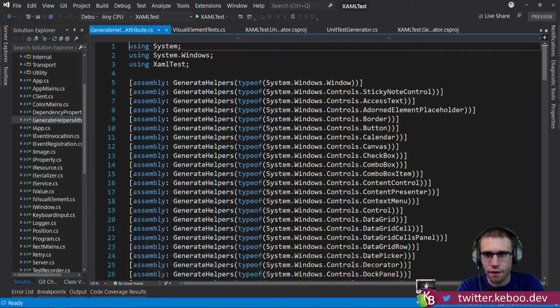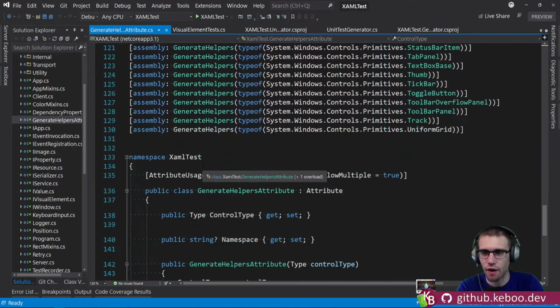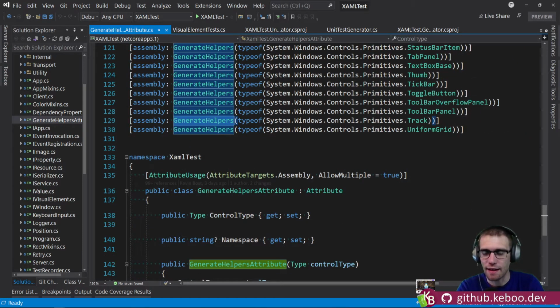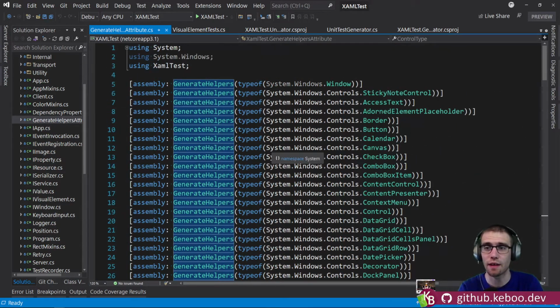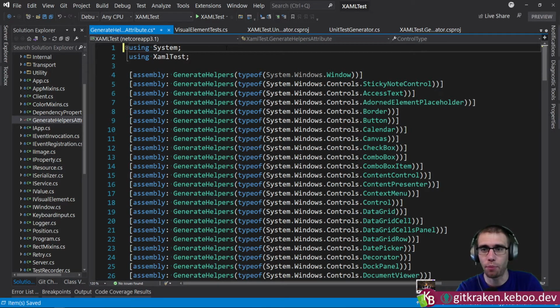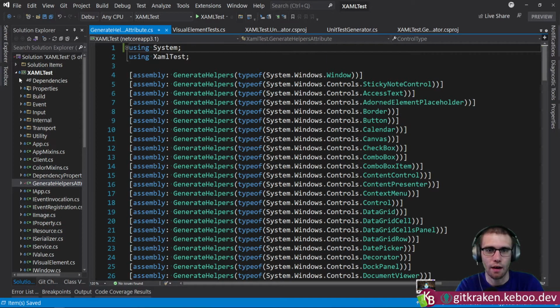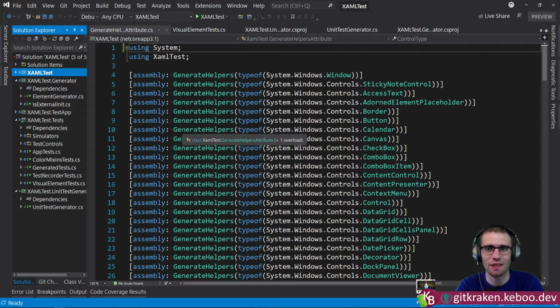This guy here goes looking for this generate helpers attribute, and any type that it finds one of these attributes on, it'll generate out all of those extension methods, basically looking at that type and just walking the type hierarchy, pulling off all of the stuff. The problem is the source generator, when it's generating those extension methods, doesn't know what a valid extension property